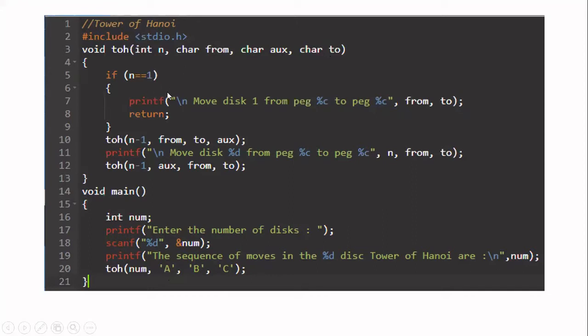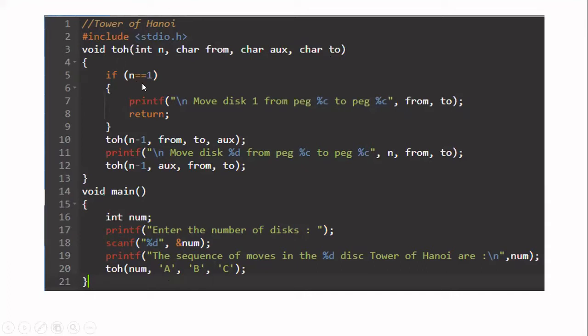Now let us write the recursive function. So in this function, we are going to write the base case and the remaining general cases. So what is the base case here? When you can straightaway perform the movement. When there is only 1 disk, there is nothing else. You simply move the disk directly from the source to the destination. So this is the base case for the TOH problem.